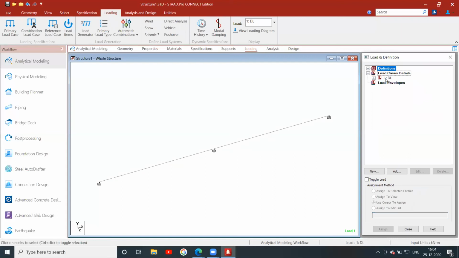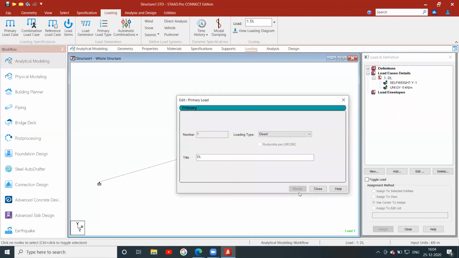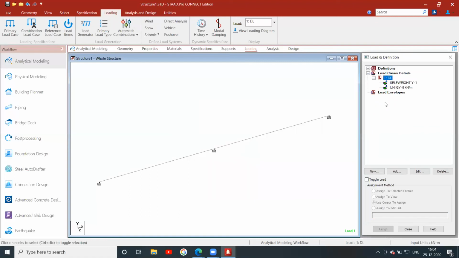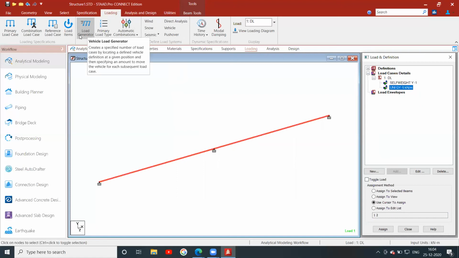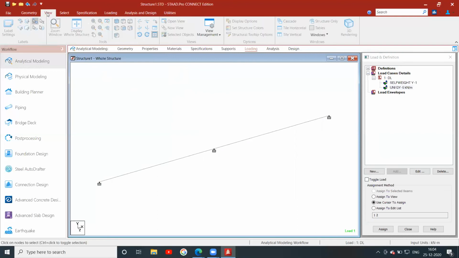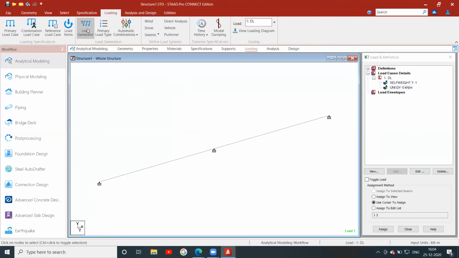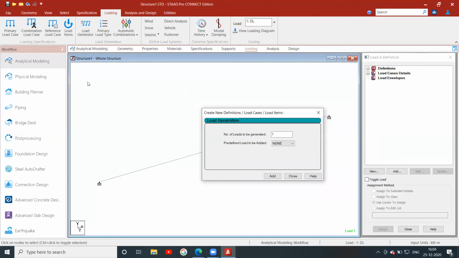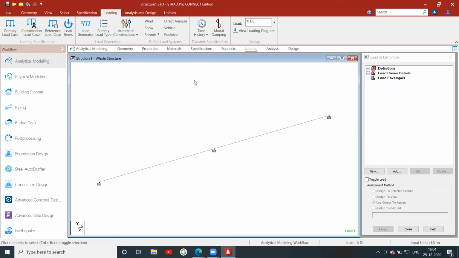Now you can see the loading. Loading is completed.